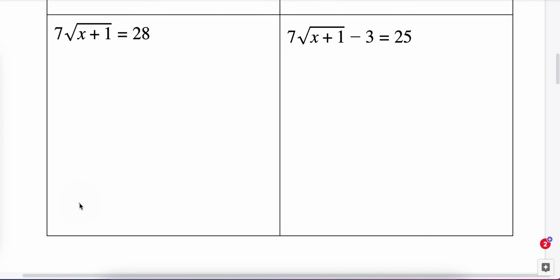All right, next two problems here we're going to take a look at. They're very similar, as you can see. In this case, once again, we're going to divide by that coefficient. We've got to get to that radical, so now we have x plus 1 equals 4, and we subtract 1 from both sides to get x equals 3. So is this true? Once again, you want to plug this x equals 3 into your